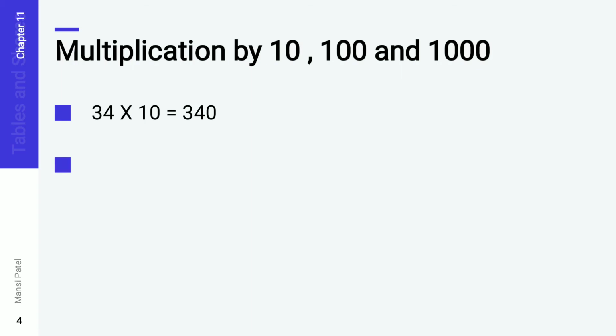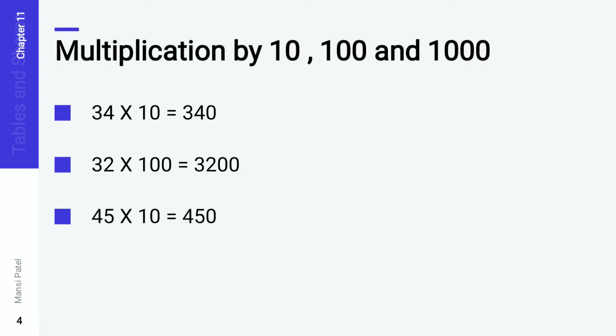The next one, that is 32 multiplied by 100. So see here, in 100 how many zeros are there? Two zeros are there. So first, on the right hand side, just write down two zeros. And then after, which number is remaining? 32 and 1 is remaining. So do the multiplication. 32 ones are 32. So this 32 we have to write down before the 00. So what is the answer of 32 hundreds? 32 hundreds are 3200.